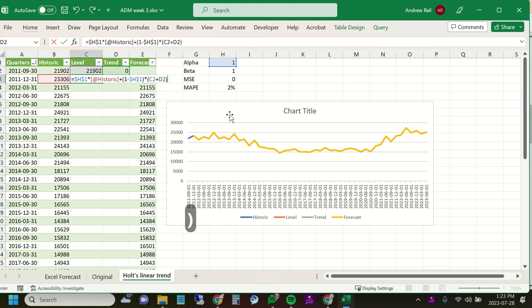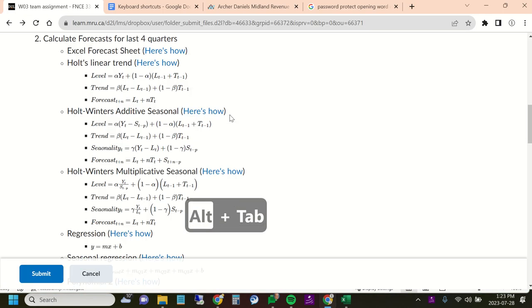And then close bracket, and then enter. Notice it didn't autofill it down. It knows that in the level column you don't autofill. Okay, on to trend. So trend, the formula is beta times the difference from level from this quarter minus the